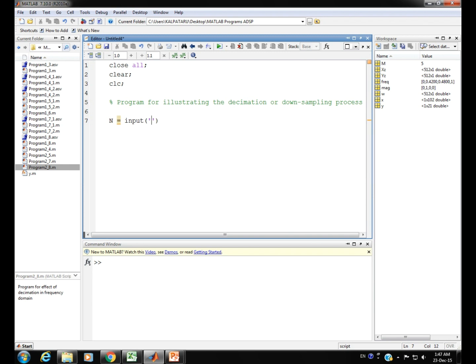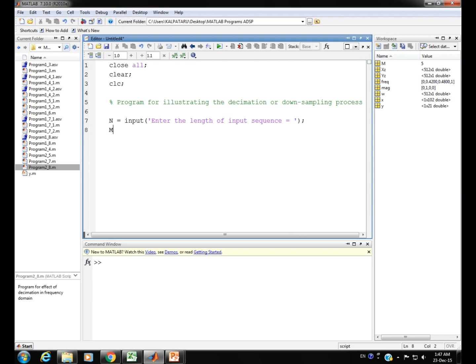Inside the single quotes, always there is a string printed, so we write: enter the length of input signal or input sequence, space, equal to sign, coming out of the bracket and semicolon.